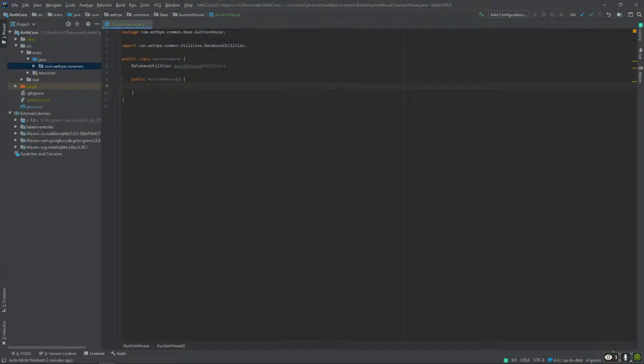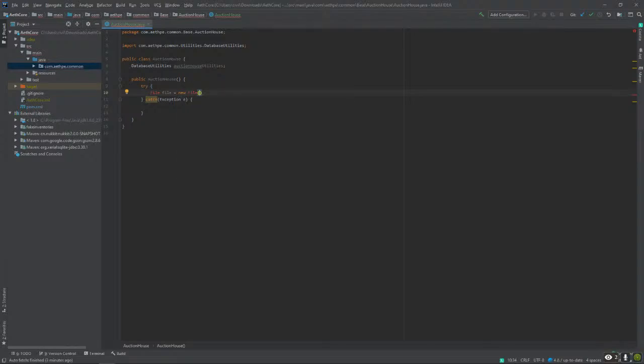So first things first, we should check if the file exists. So I should do a try statement in here and catch all exceptions. So exception of E. And then file is equal to new file.